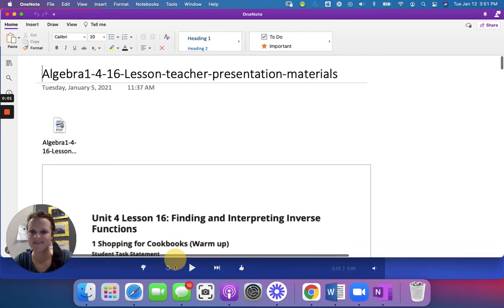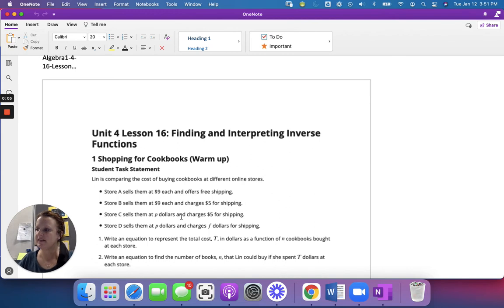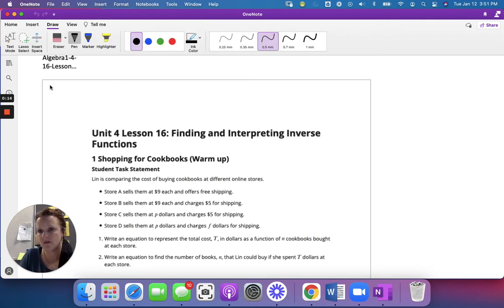Hey there. We are in lesson 16, finding and interpreting inverse functions. Why are we doing this, right? So today we are going to